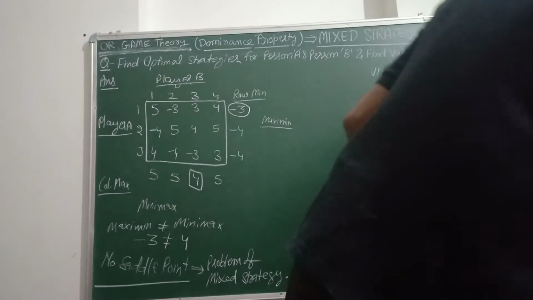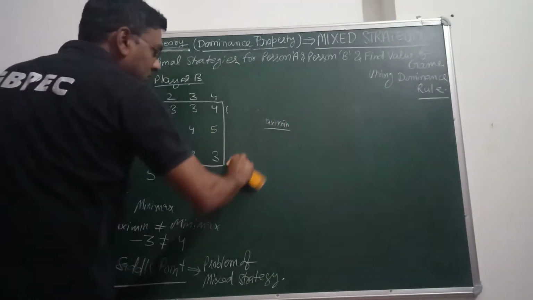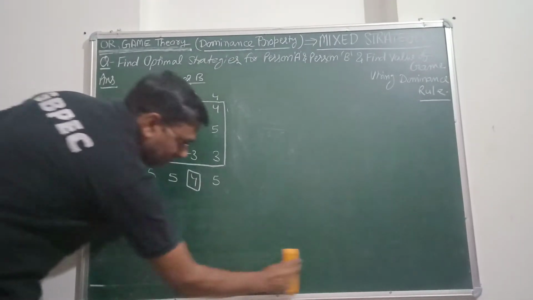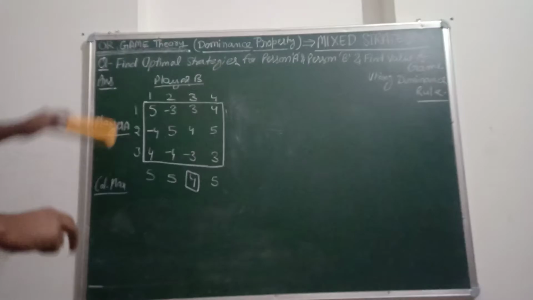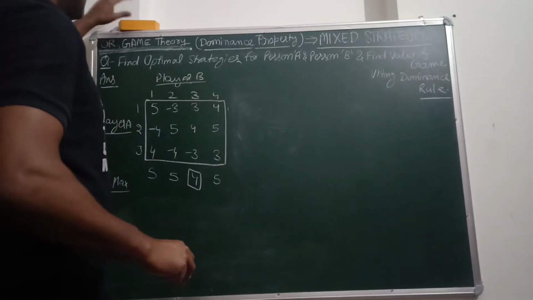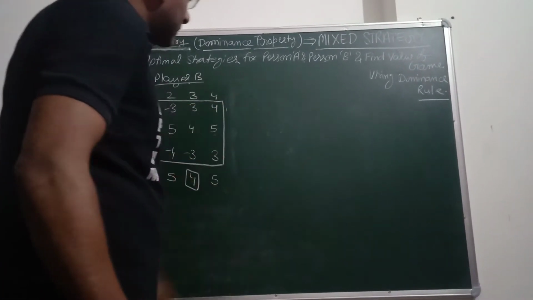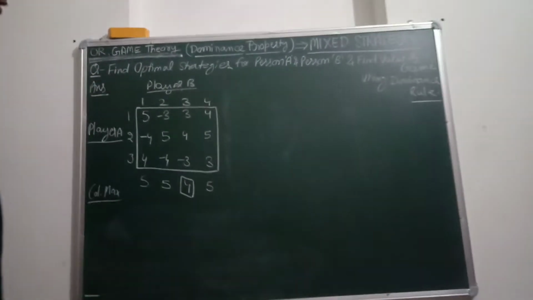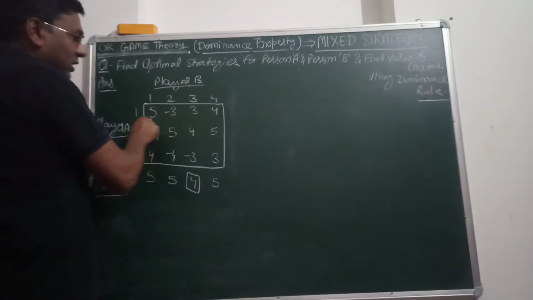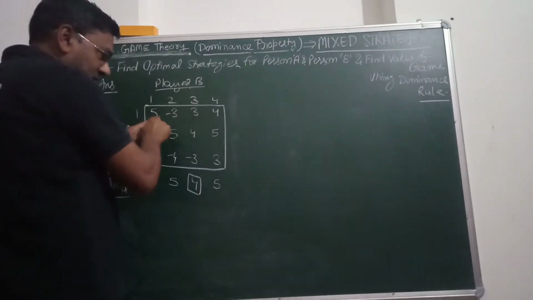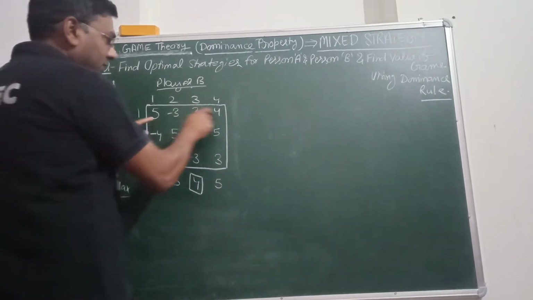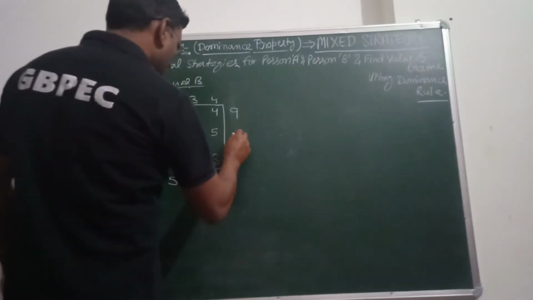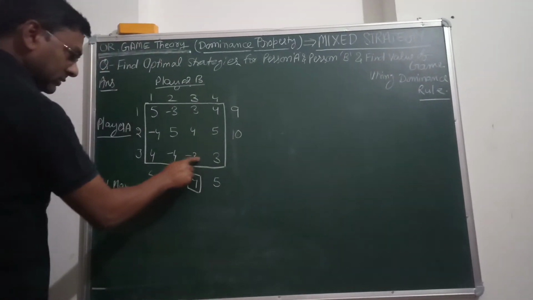Now I am erasing this, as this is not required for the dominance rule procedure. So we will start with the rows. To start the question, which row do we have to choose for starting? First of all, make the sum of all these values. Okay, initially the sum is 3, -3, 0 and 5. Now we have to add all these values. 5 plus 4 and -4 plus 5, that is 10, and this is 3 minus 3, this is 0.